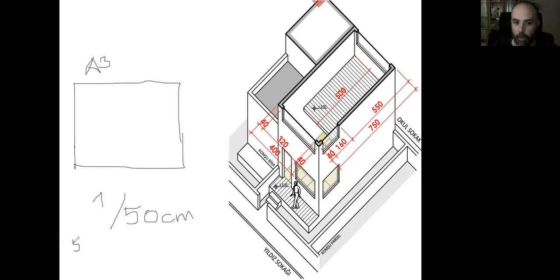You can imagine that every 50 centimeters in reality will be projected as 1 centimeter on the paper. You need to do that calculation for every one of these dimensions,